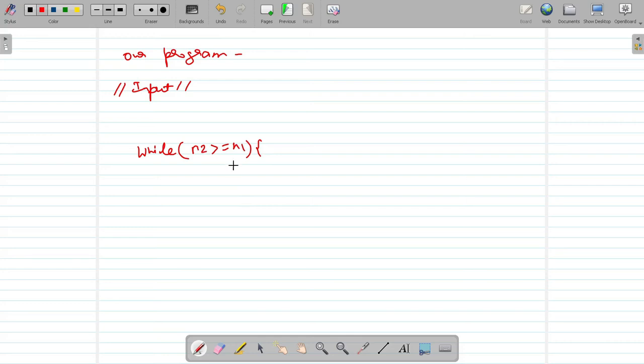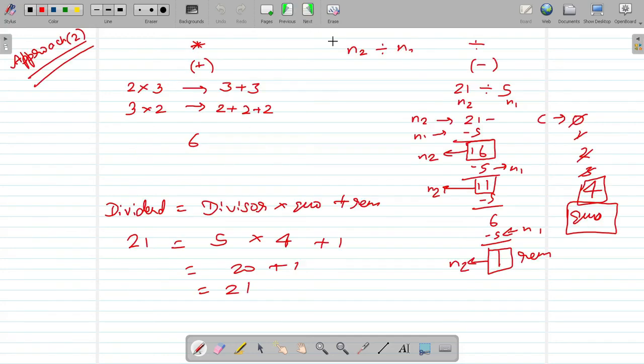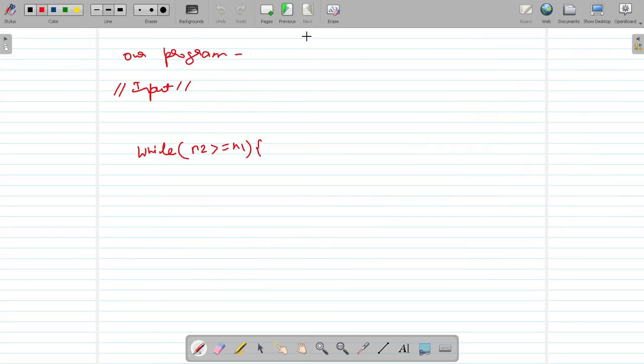While it is true, run the code. What would be our code? Okay, so before this we were doing subtraction, and this example was in decimal. To make it clear, decimal in base 10, but we know that we are doing any base division, so these numbers can be in any base, so we cannot use normal subtraction here. So what we will be doing, we will be reusing our code from any base subtraction.